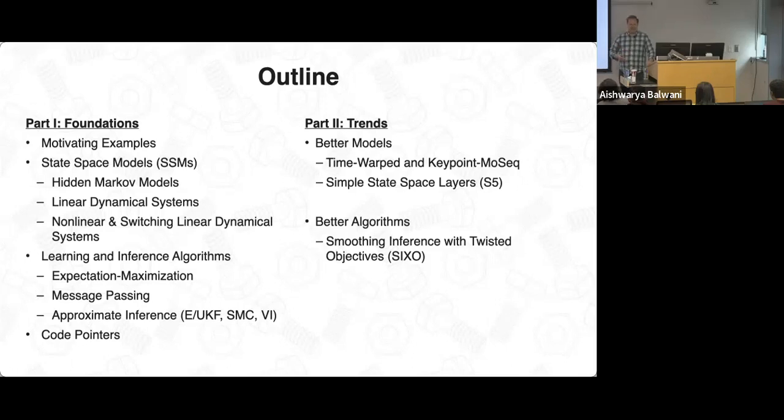So we're going to do this in a somewhat nonlinear fashion, in keeping with the nonlinear dynamical systems that we've been talking about. We'll start with some of the recent work we've done on time-warped MoSeq for segmenting behavioral data. We'll then switch and talk a bit about algorithms for sequential Monte Carlo using smoothing distributions as targets, which we call SIXO, and then end with some very recent work on what we call state space layers, which is an exciting, relatively new class of models that are proving to be really useful for sequence to sequence mappings, both in neuroscience as we found, but also much more broadly in machine learning applications.